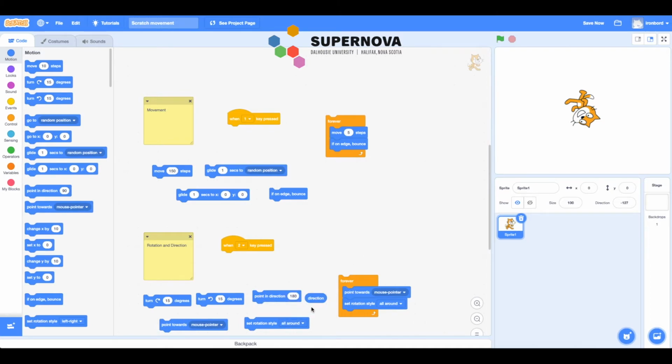So in our example code, we can tell it to point towards the mouse pointer with a rotation style of all around, and it'll continually chase my mouse around, whichever direction it's facing. But I can also change the rotation style to left-right, and what you'll see is even though I'm rotating the mouse all around, the cat only flips left and right, but the direction is still